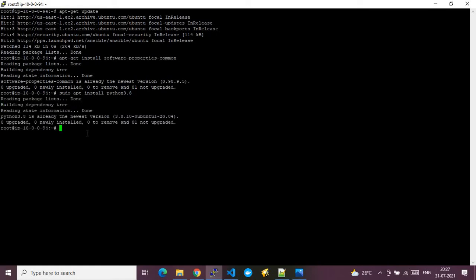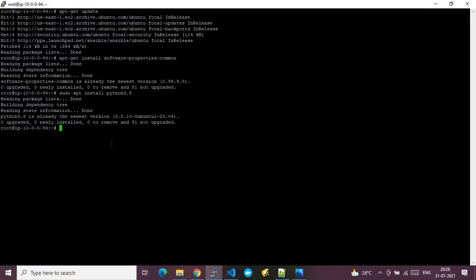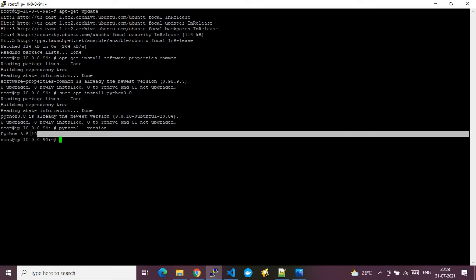It was very fast because I have already tried to install Python in this VM. Whereas if you are installing this for the first time, it might ask you for some kind of confirmation, yes or other kind of input as well. Please follow the command lines. Then let's see if Python has been installed. How can I check that? I'm verifying by running the command python version. So here you go, right? Python is already installed in this VM.